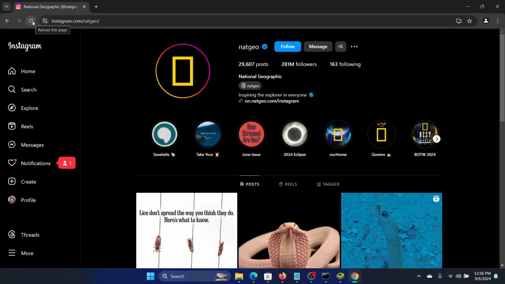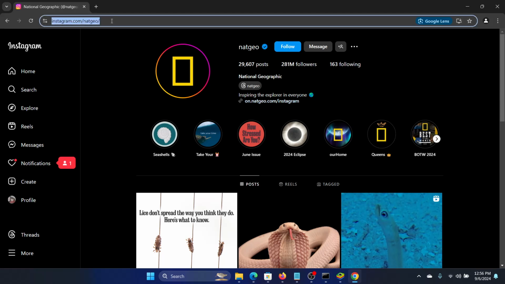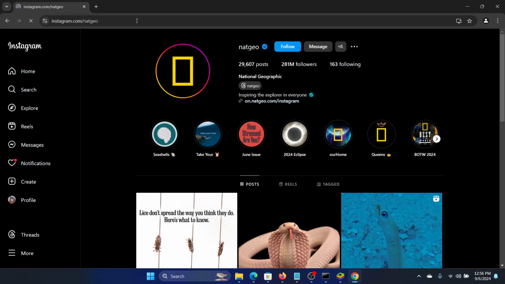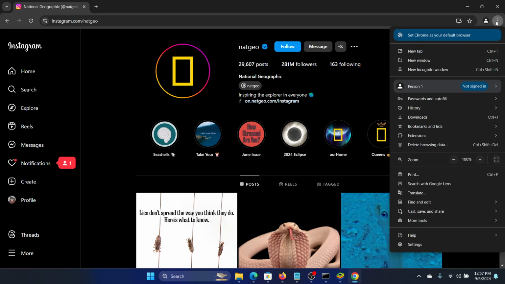Alright, if I'm still getting the error, I will recheck the URL here, if it's the correct URL or not. And if there's a hash symbol here, the slash symbol here, backslash symbol, I will just remove it and press enter. Normally this should fix the issue, but if it doesn't, then you need to clear the browser cache and